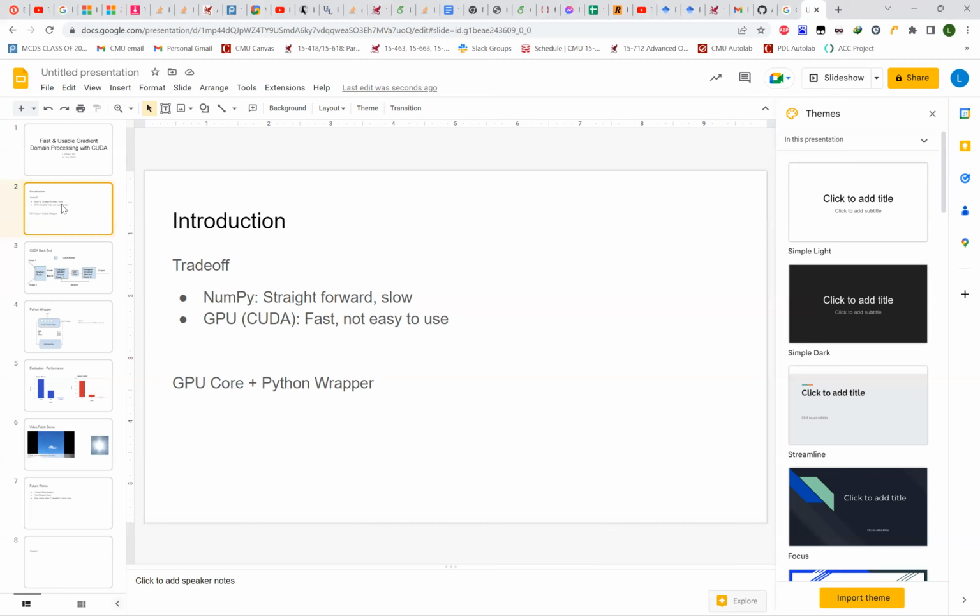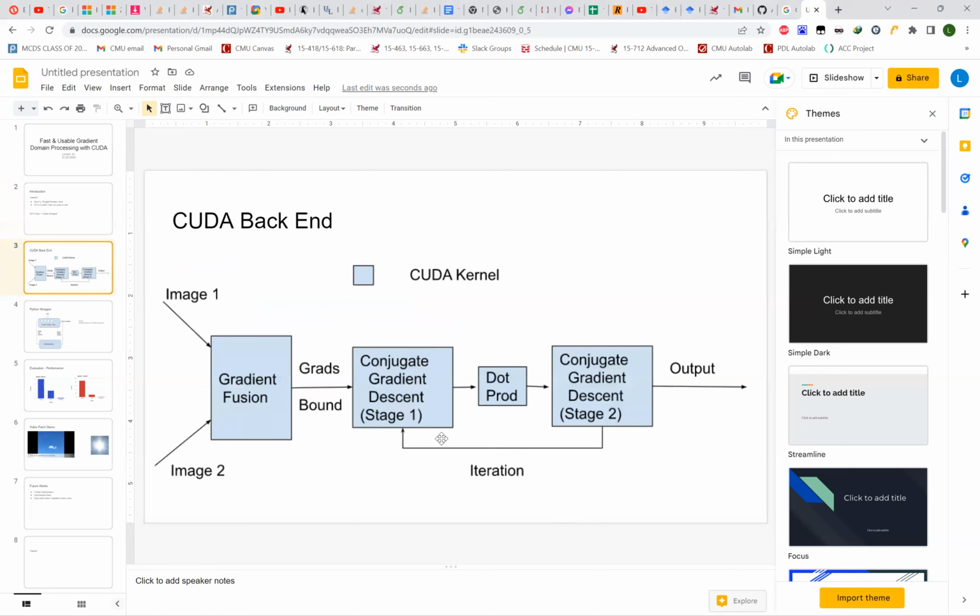So in this project, I implemented the critical logic of the gradient domain processing algorithm as a GPU core, but also a Python wrapper layer based on that GPU core to expose a simple open API for the users according to specific application needs. So for the CUDA backend,